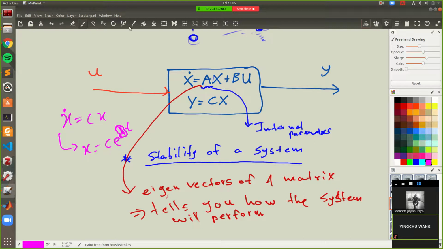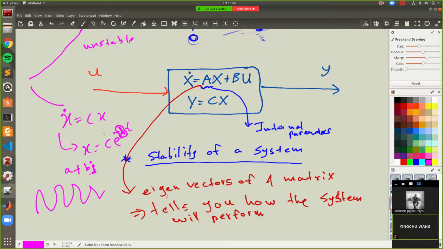Right? So for example, if this time constant is positive, right, your output will grow like this exponentially, right, and your system will be unstable, right? If your time constant is negative, what will the output look like? It will go down, right? If your time constant is a complex number, right, that is something like this, a plus bj or something like that, or bi, sorry, complex number, what you will have is an oscillation,